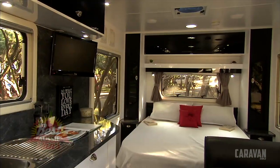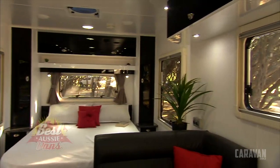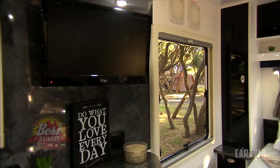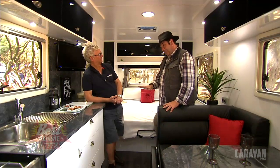Big, bright and airy. This is probably the brightest bed area in any of the vans. And I really like the large window effect. I love having windows open, plenty of breeze through the van. You bet. But when it gets cold,